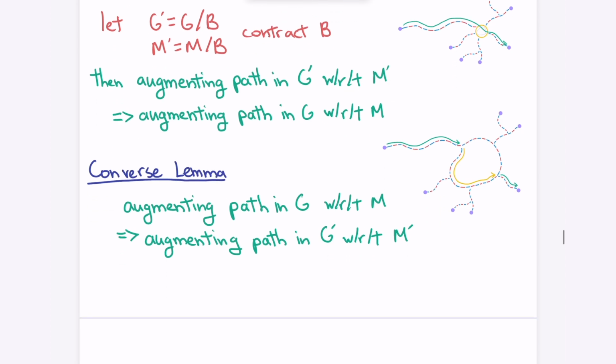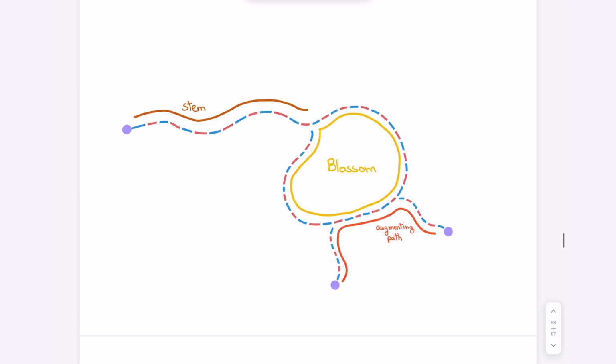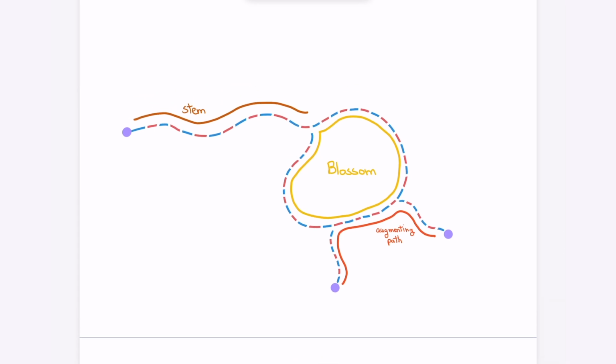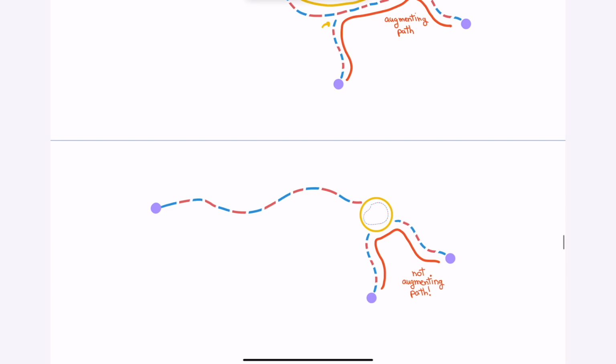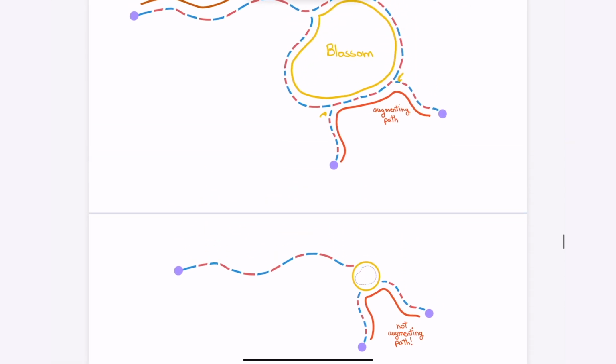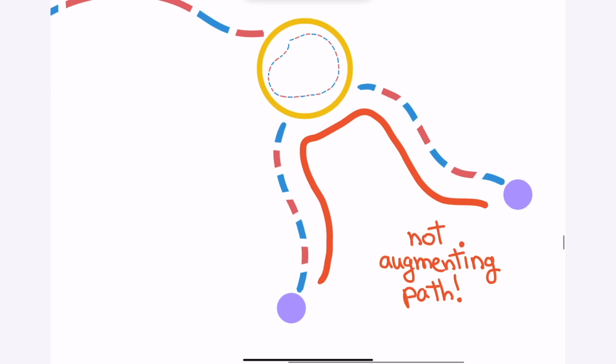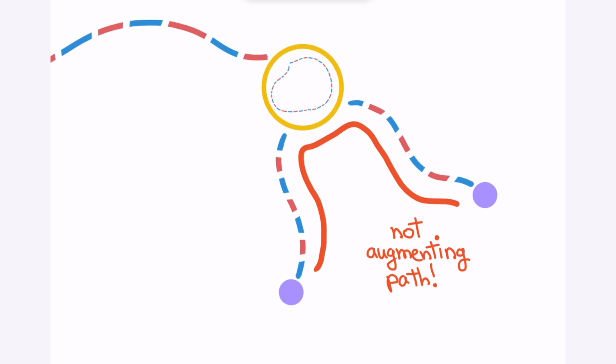So maybe you can be a little bit careful. It is possible that you have an augmenting path that's coming in on, down here, two blue edges into the blossom. That means when you shrink it, it's not going to be an augmenting path anymore. So when you shrink this down to a vertex, you can't actually use that as an augmenting path. So you can destroy some augmenting paths basically only in this case, when the two things leaving are along blue. But when that's the case, you know that at least the stem